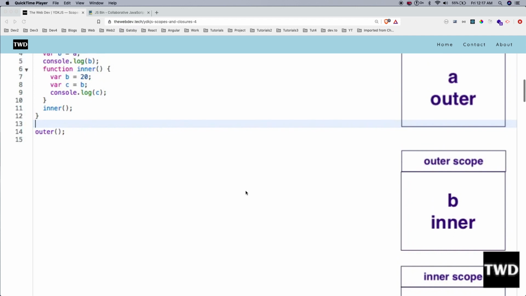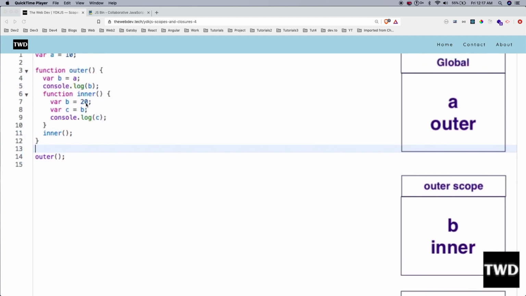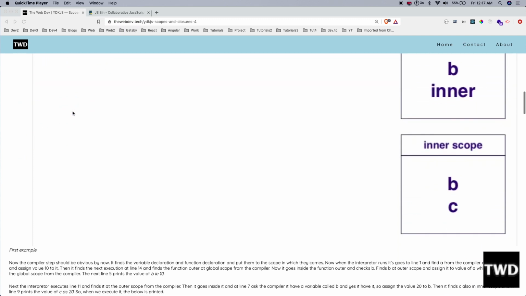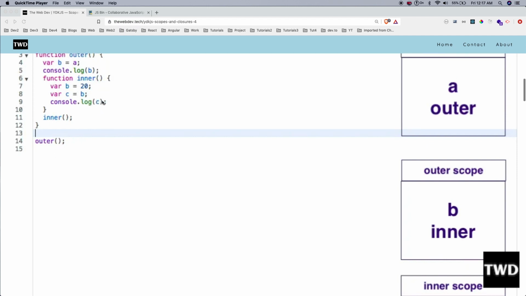Yes, it is, so it assigns the value 20 to it. Then it comes down and looks for c. c is also in the inner scope, so it makes it equal to b, which is 20, writes 20, and ends. So it will write 10 and 20.